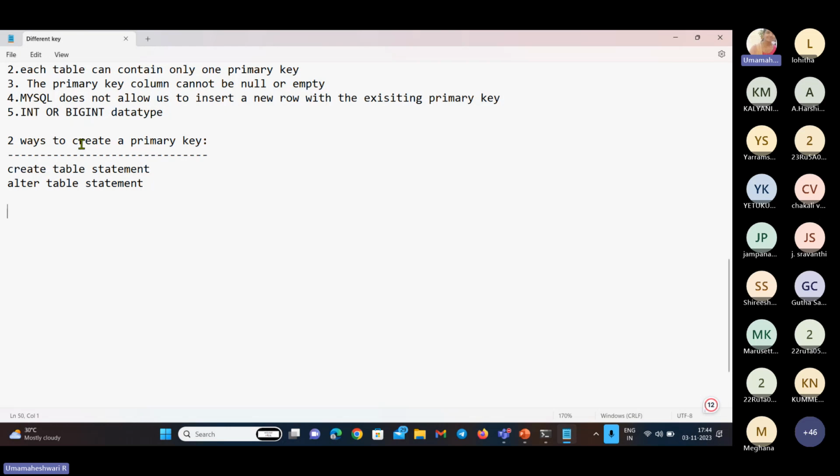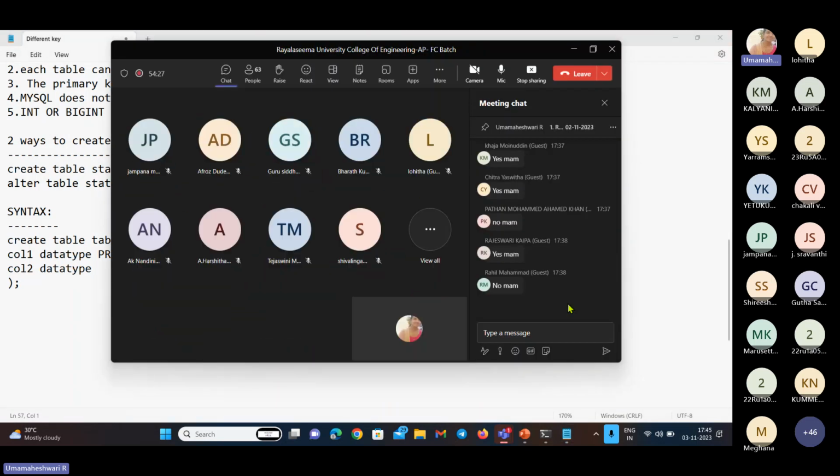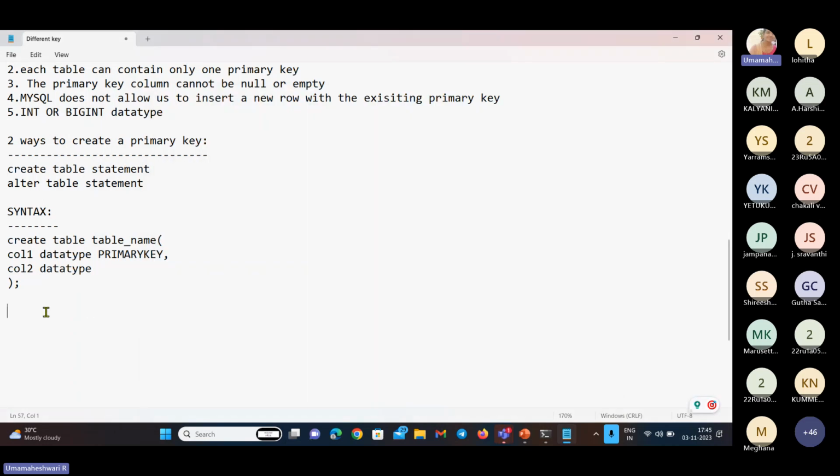A real-time example of how we can create this. The basic syntax to create this is very simple. We can create a table, the table name, and then column one, data type, and primary key, column two, data type. And again, if you want to create more than one primary key column in a table, then we need to use a different approach. So how can we do that? Like last time, we did it for the unique column, the same thing. So how we can do it is we can create